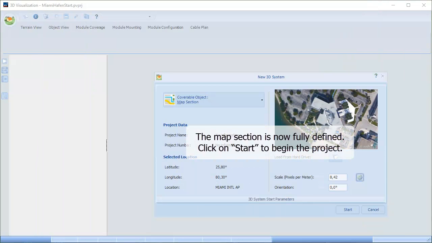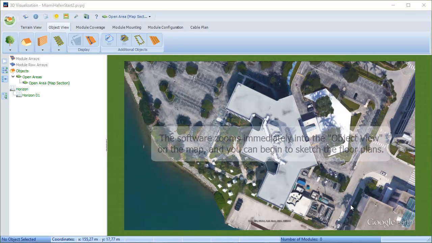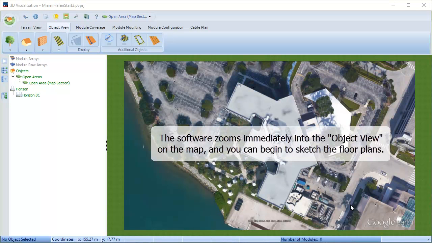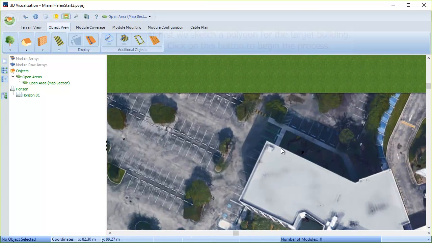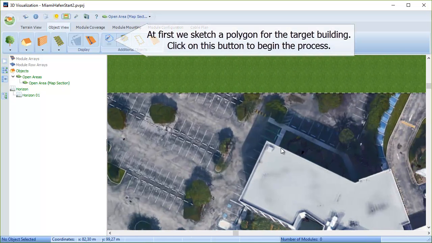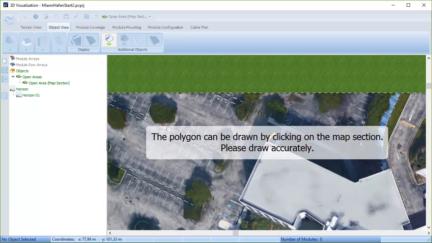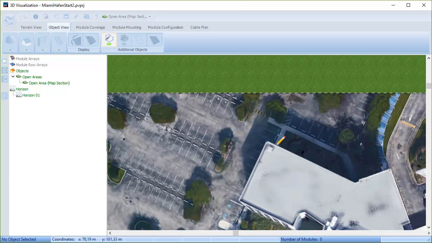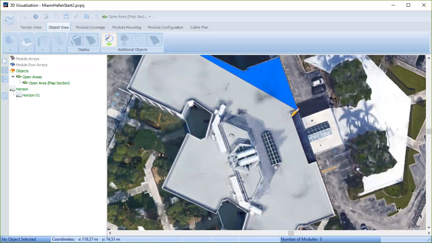So we can click Start to bring that image into Object View within the PVSOL 3D, and we can move that about as required, and now we're going to use that effectively as a floor plan which is in 2D at the moment. We're going to draw a polygon. You select the polygon tool, it shows a pencil shape, and you start clicking as accurately as you can on all the relevant edges. It's going to take some time to do that well, so the video is going to